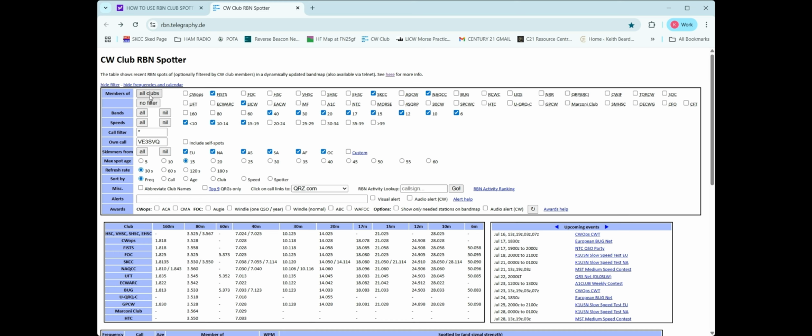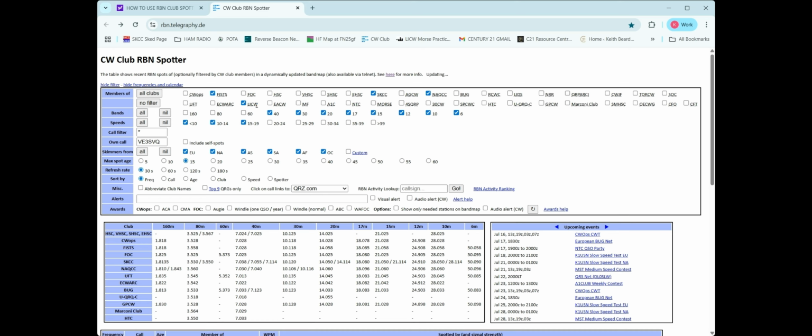I've picked members for the clubs that I belong to. So for example, FISTS, the SKCC, the NAQCC, LICW, there's lots and lots of different ones here. I think from my count, there were something like 37 different clubs